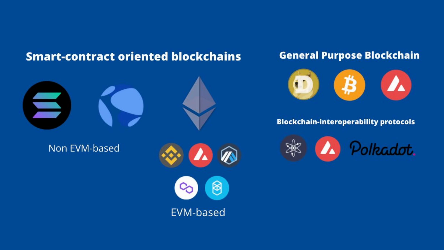Let's talk about the three bigger logos on top. What is the first logo on the left? Solana, right. Next one. Solana. Basically you can slice and dice smart contract oriented blockchains in several dimensions, but the most popular is